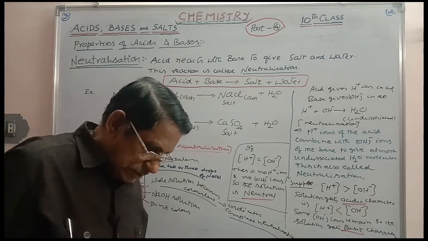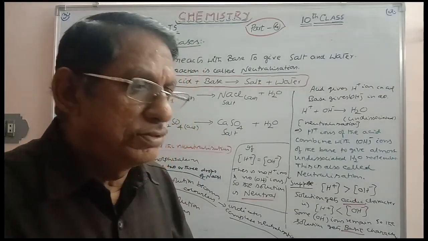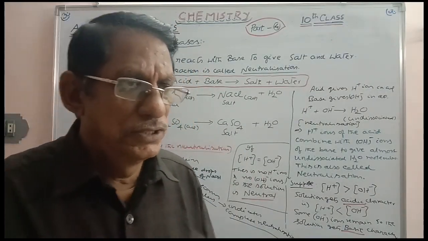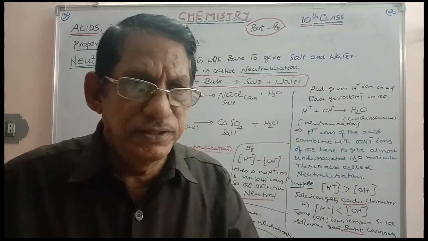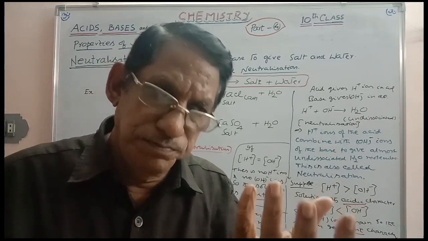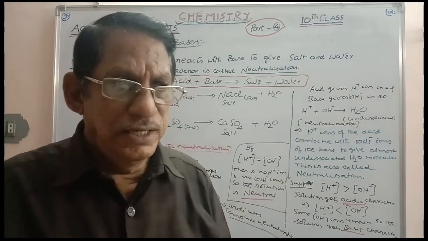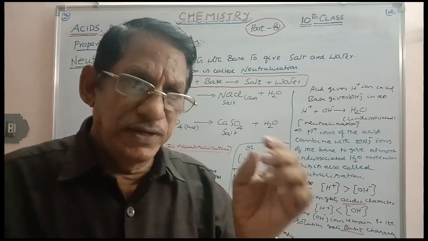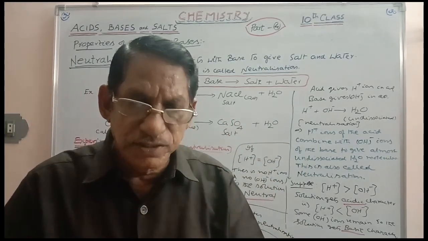This is the experiment you can do in the laboratory for simplicity's sake, just for understanding. NaOH is taken in a beaker or in a test tube, 1 drop of phenolphthalein is added, the whole solution becomes pink in color. You are adding HCl gradually, shaking it well each time. After the addition of the final drop of HCl, the whole solution becomes colorless. That indicates the complete neutralization.